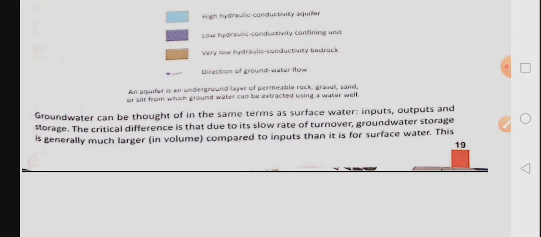Now the question is, how can we add water under the surface of the earth? We can add it by making more and more trenches or by leaving the large grounds unconcrete, without putting cement on them, because when we put concrete onto the roads or on the ground, water cannot be absorbed. So if we want water to be absorbed, we have to leave the land raw and untouched so water can be absorbed easily.